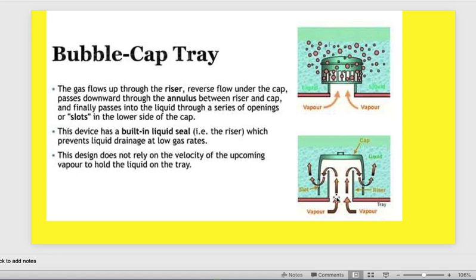When I'm talking to you about weeping or something like that, it can hardly be found in the bubble cap tray. Why? Because there is a riser and the cap, and this cap will close if you are working with low vapor load. The design does not rely on the velocity of the upcoming vapor to hold the liquid on the tray. Okay,